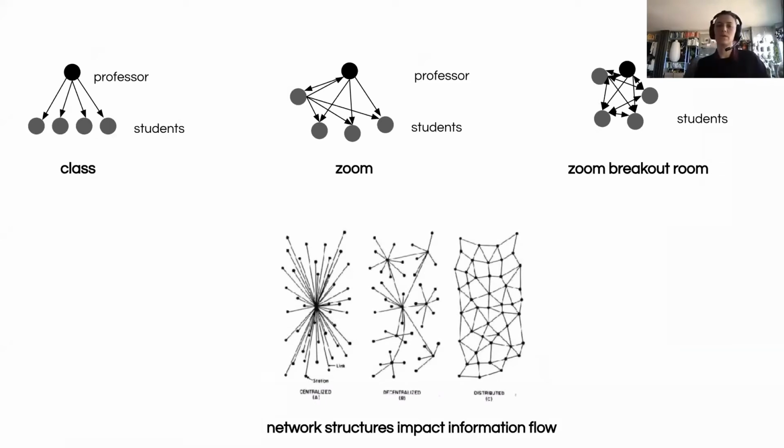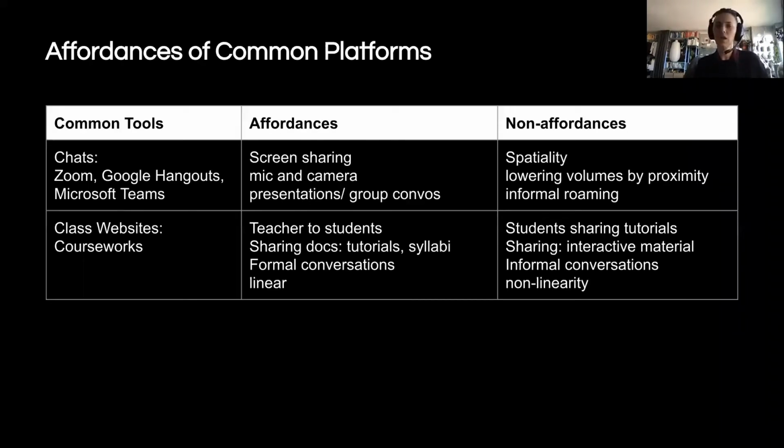So I'm talking about this because our platforms, be that Zoom, email, or Google Slides, or Miro, have affordances, and they have things that are easy to do in them or things that are not easy to do in them. A physical classroom might be better for directing info at a lot of people without any interruption, whereas a Zoom breakout room allows for more easy exchange back and forth between individuals. So